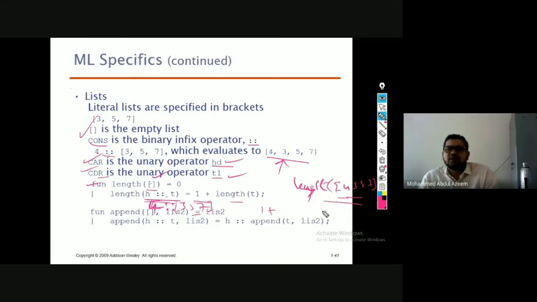Counts of, and the tail part of it is nothing but 5 7, right? So now after representing this list in the form of head and tail, that head-tail value will be sent inside the code. Inside the code, you have one place again. It means already there was one place, and now again one place. Length of t is nothing but the tail, which is 5 7 here. So 5 7 is sent here.